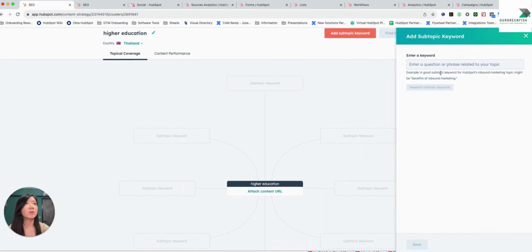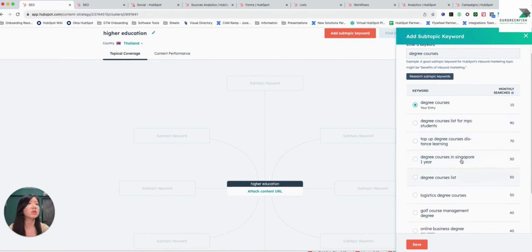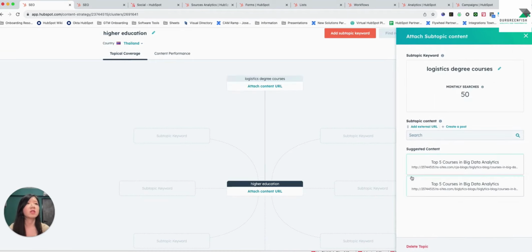Now click on add subtopic keyword here, and you can also ask HubSpot to give you suggestions. So in this example, let's say I want to target degree courses. I'll click on research, and I'll let HubSpot give me suggestions based on the monthly searches available. So I can see here that I have degree courses list for NPC students, degree course list, logistics degree course, online business degree course. So I may want to just select logistics degree course